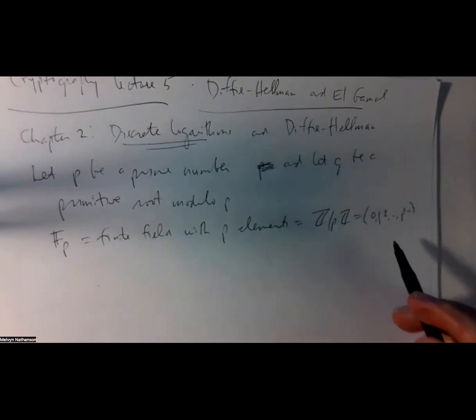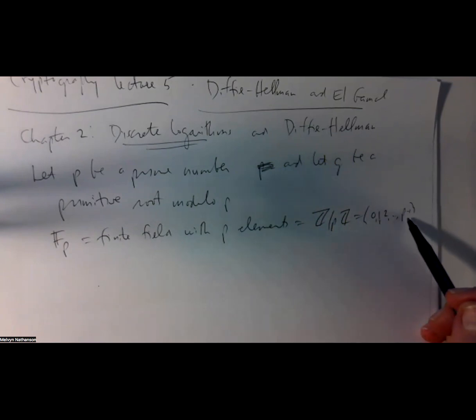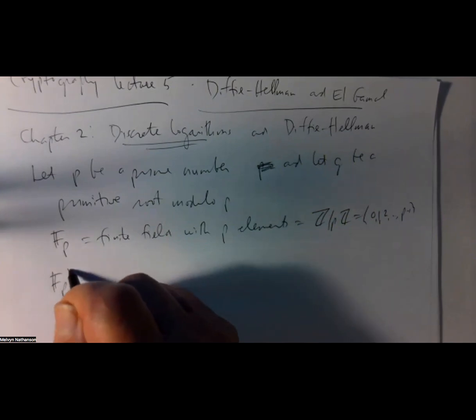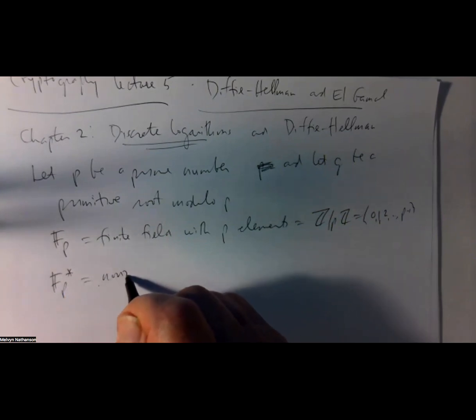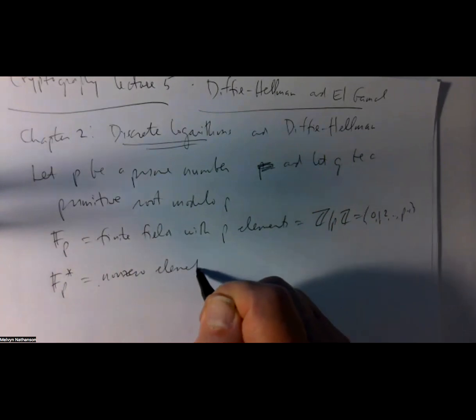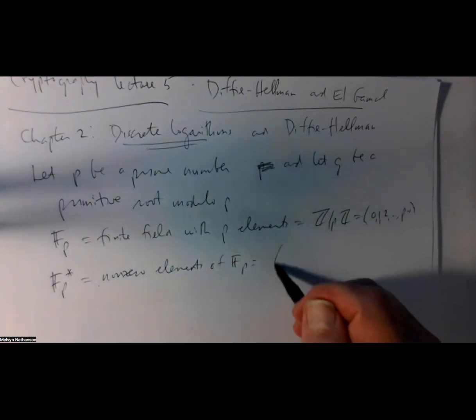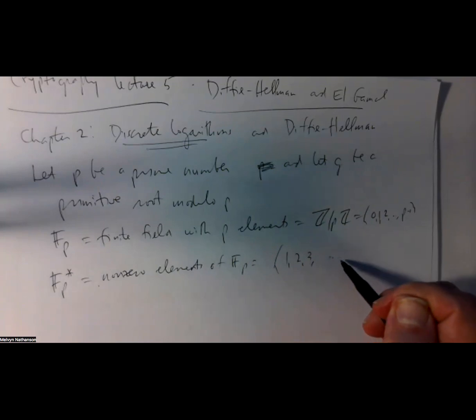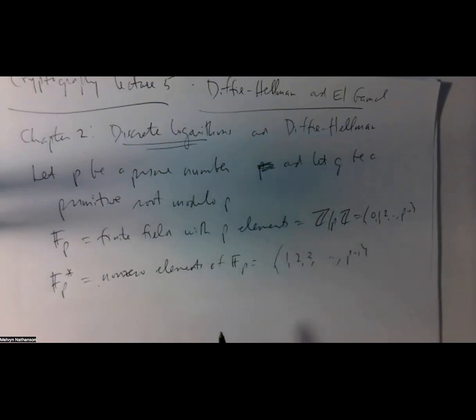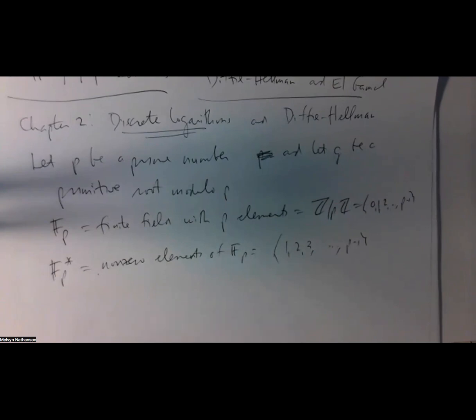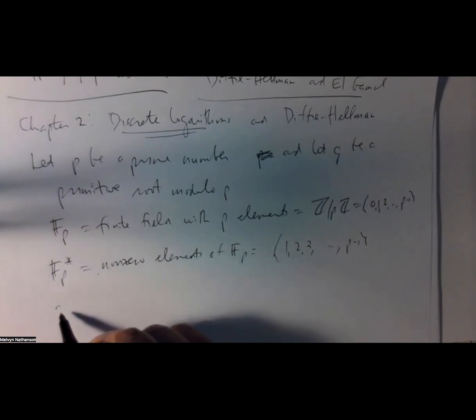So we can think of the congruence classes as being represented by the first P non-negative integers, 0 up to P minus 1. And FP star is the non-zero elements of FP. So if you throw away 0, that's the set of congruence classes represented by the first P minus 1 positive integers. And you can add and subtract in this field mod P. And we say that it turns out that